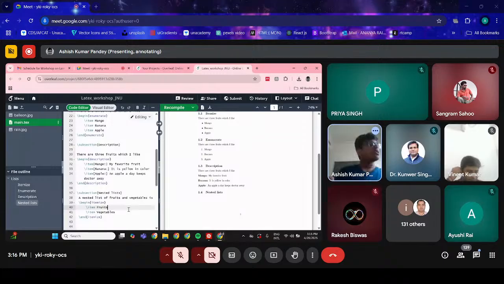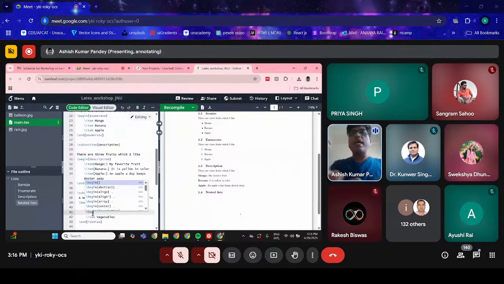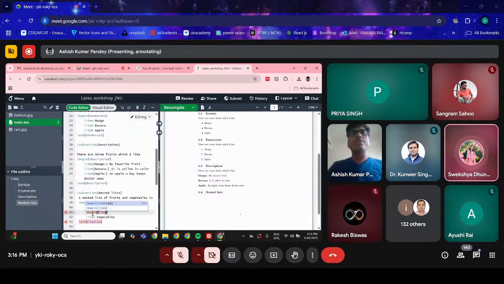So you just go inside the first item, right? If you are not beyond the second item, if you are before that, then you are still in the first item. That's how it goes. So after the first item, between these two, if I add another list